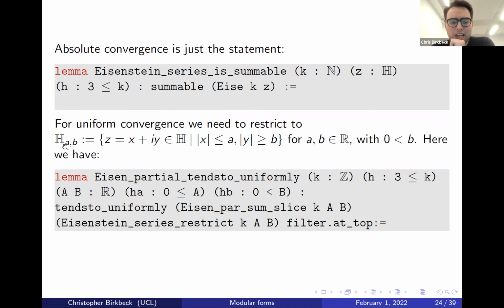So I define this HAB. So these are the set of elements in my upper half space such that the width of my integral is bounded by A, and it starts above B. So the x values is less than A and the y is greater than B. So think of it as like a little slice that goes up to infinity. And on each of these slices, you can check that